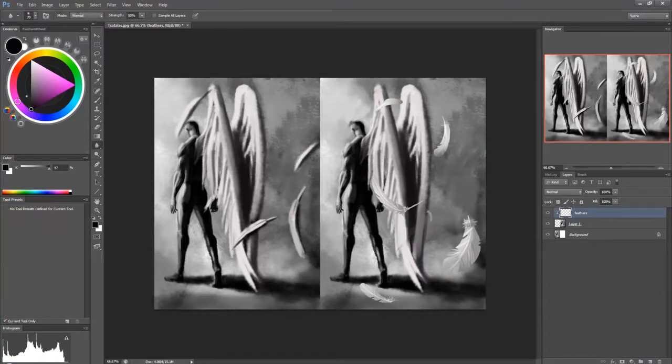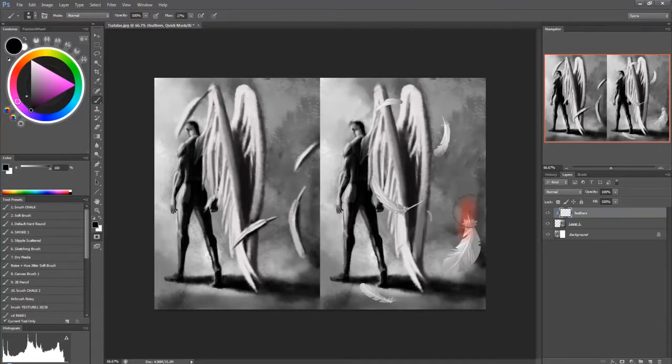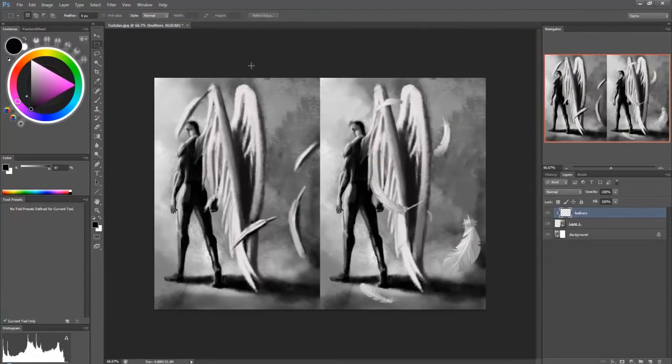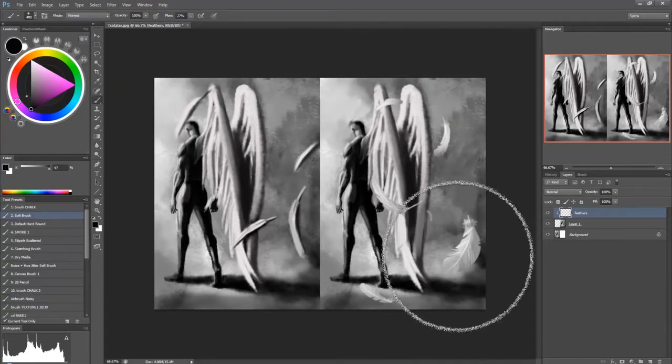But I don't want the whole feather to be blurred. I want some of the closer feathers to be a bit sharper. So I'm using a quick mask, and basically all the areas that you saw that were red are not going to be affected by the blur. So yeah, it pretty much just blurred some of that to soften it out,